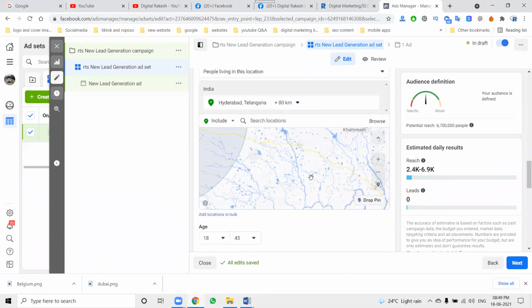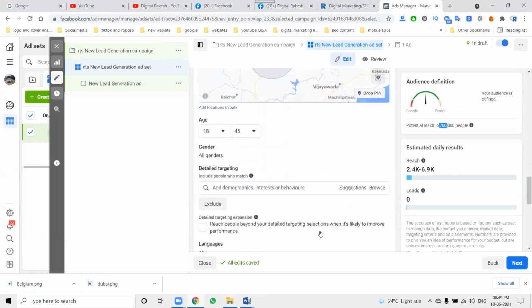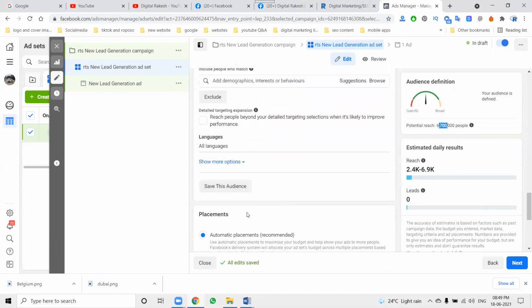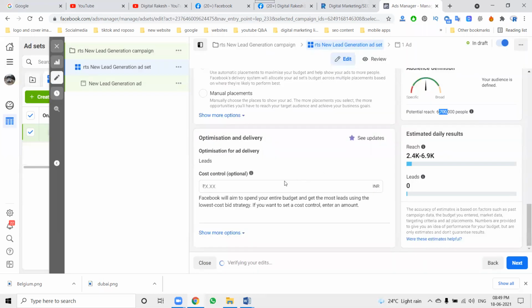So target-wise, but reaching is important. You can create the reaching. So your target is only for Hyderabad. There is a potential of 67 lakhs that will be the target here. So we'll check our audience, which will be targeting only Hyderabad. That is the main link.